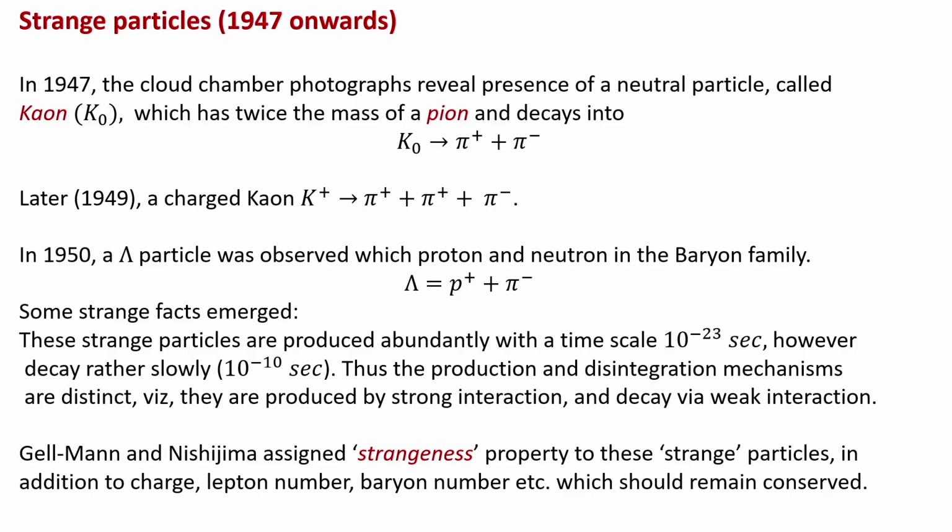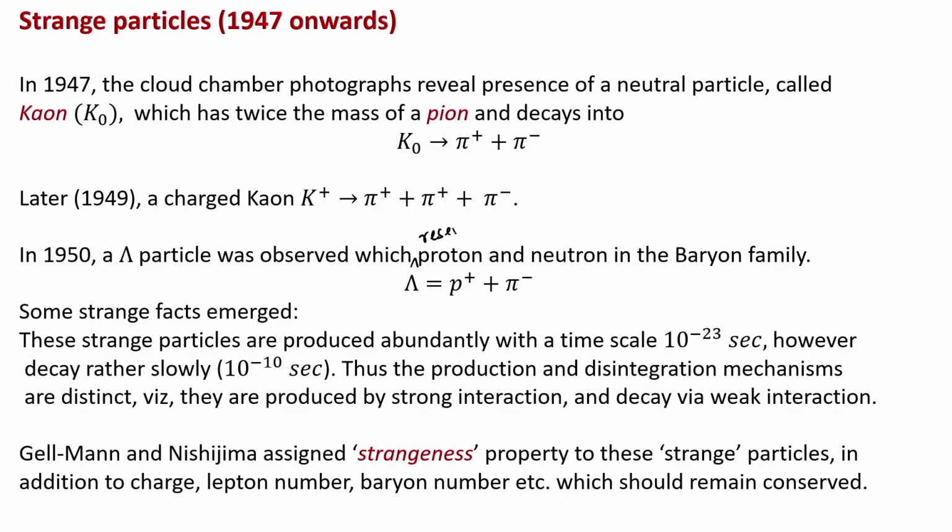Later, in 1949, a charged kaon was also found, which gives rise to 2 pi plus mesons and 1 pi minus meson. In 1950 another new particle called the lambda particle was found,